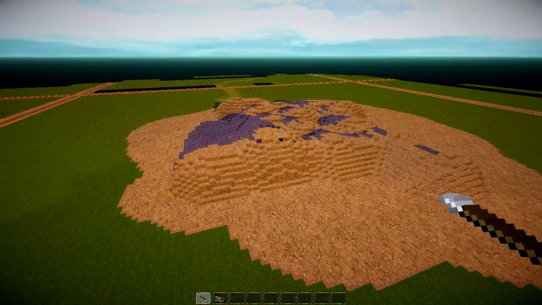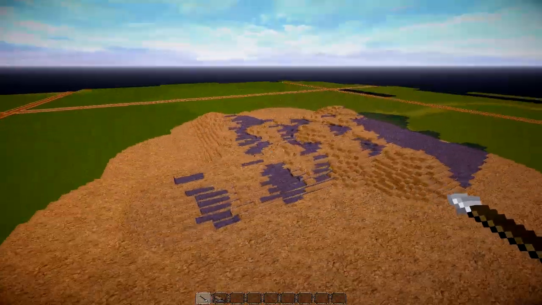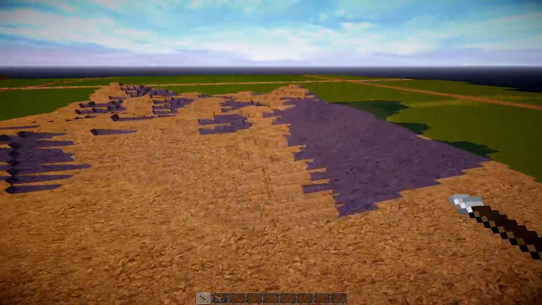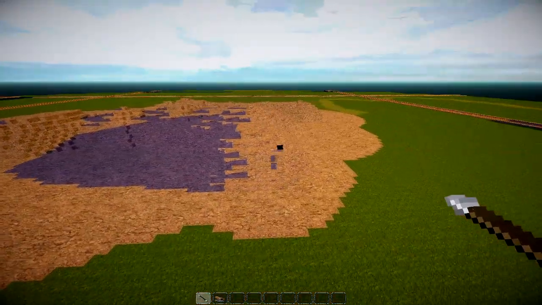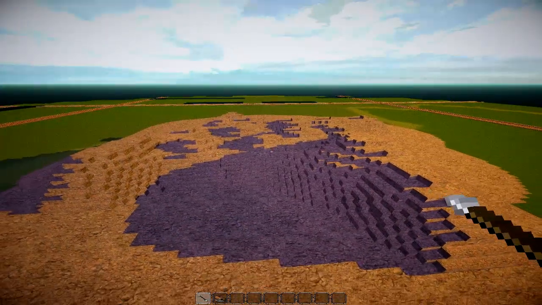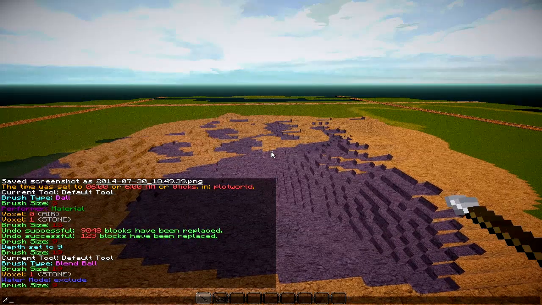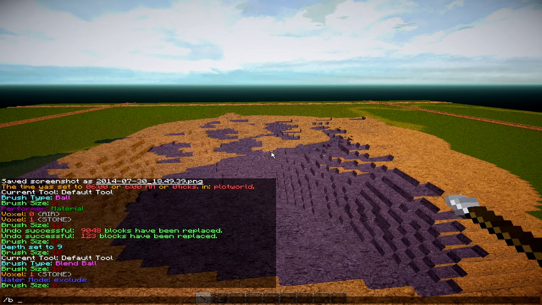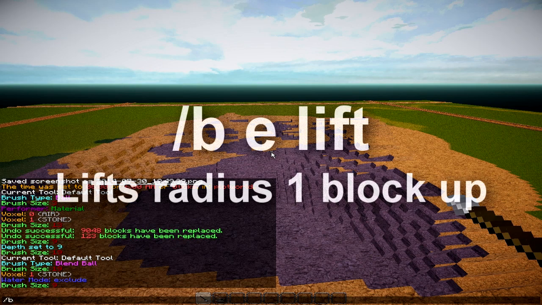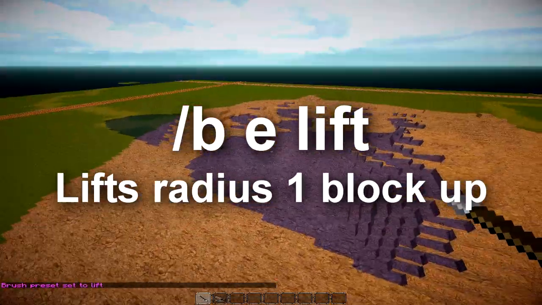So now we have a rough shape, and the circles that we've been putting in are generally harder to see that they were circles. Since now we have what we have, we can then make this larger and make it more rounded, like a hill would be. So we do /b space e space